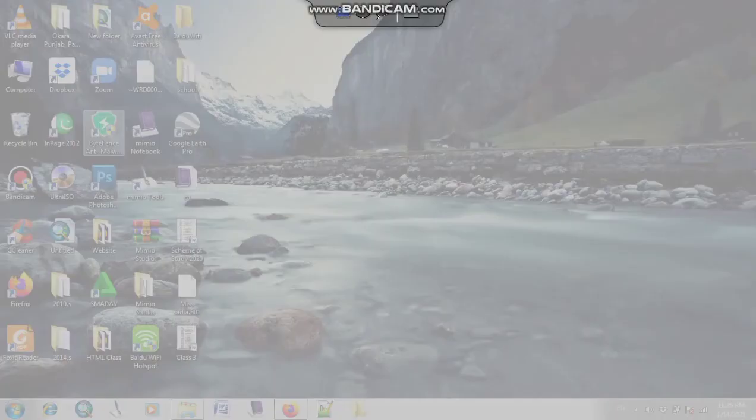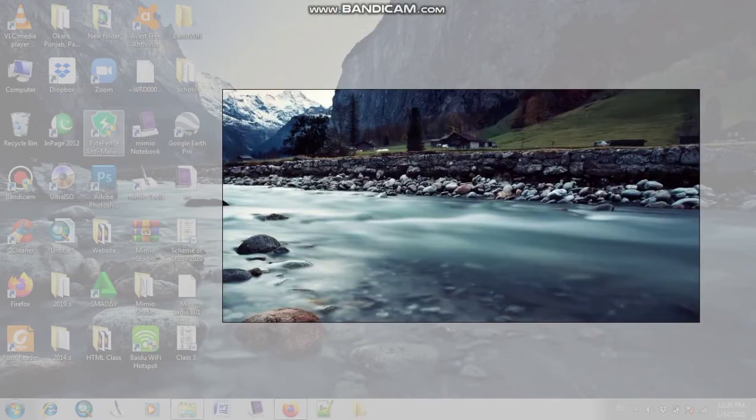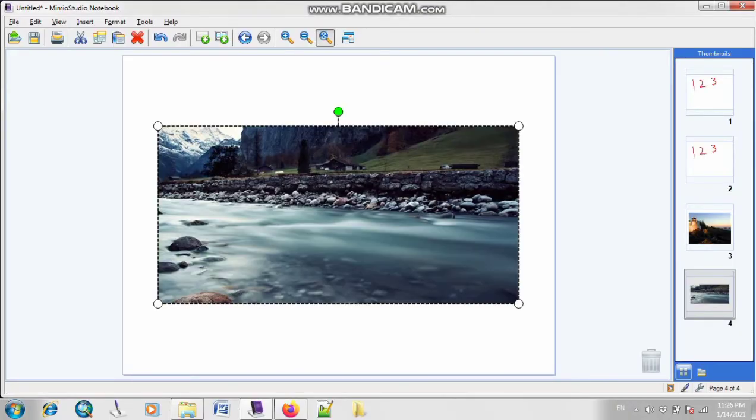As you can see, this will automatically take you to the screen which you were using in the background. Here you will find multiple options, like in which shape you want to clip your screen. If you click on this option of rectangle, your area will be captured as a rectangle.